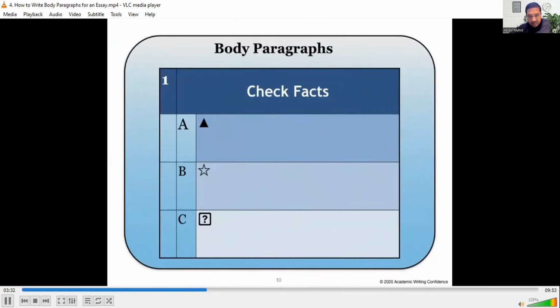Now, we need to decide what details we'd like to include in our paragraph. So after some brainstorming, maybe you decide these 3 details will help explain more about how the smartphone can help with checking facts in the classroom: historical information, latest news reports, and the dictionary.